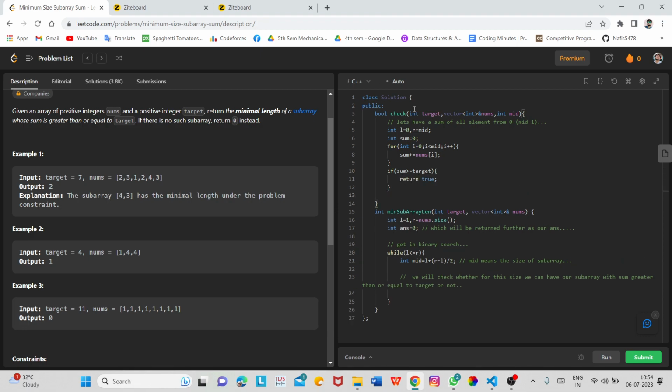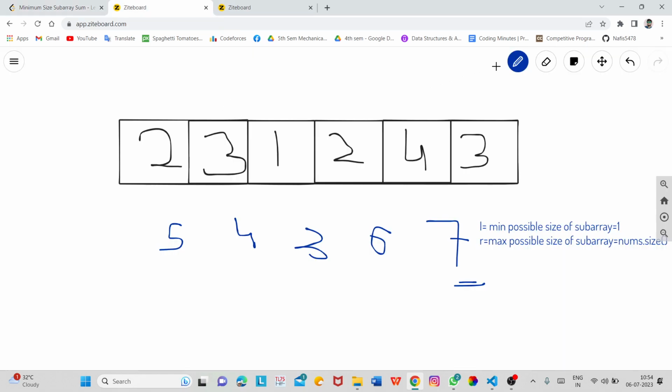and otherwise we will move the window forward. I have shown you that if we have this sum and it is less than target, we will move this window forward. Initially L is equal to 0 and R is equal to mid. Let us say mid is nothing but 2. So L was this, and R is this.